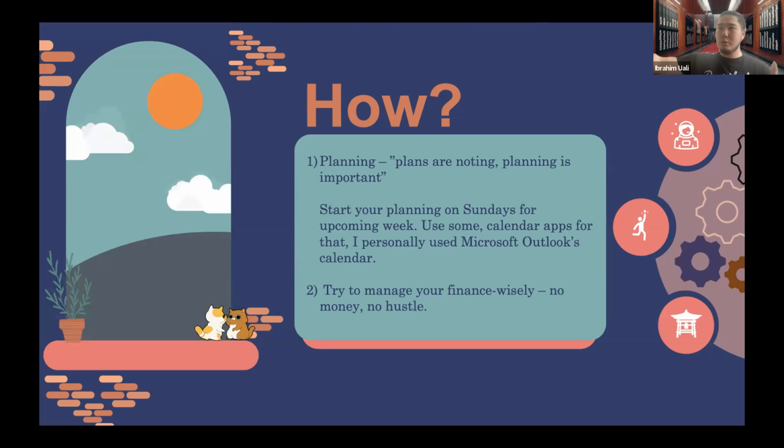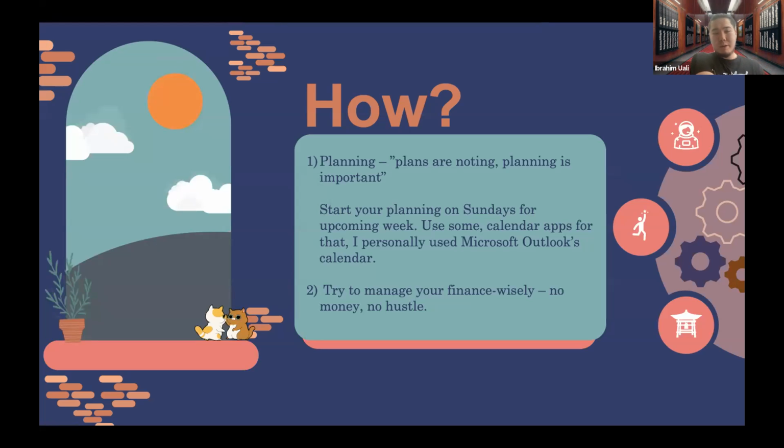For example, if you work a full-time job and at the end of the month you have some money, start to allocate it on the first day. If your father and mother send you money, allocate it in the first week if they send it weekly. So depending on how you get your budget, try to allocate it wisely, because